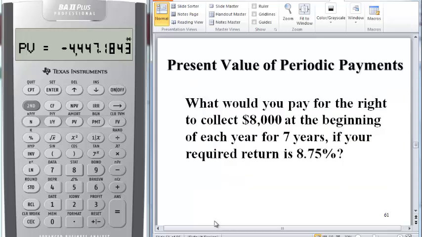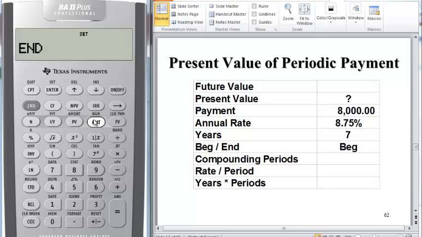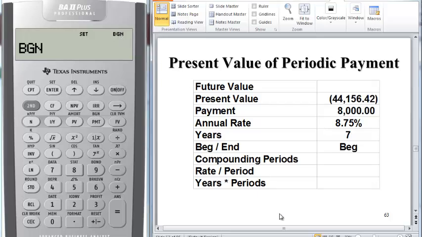And what do I see? $4,447.18. What would you pay for the right to collect $8,000 at the beginning of each year for 7 years if your required rate of return is 8.75%? Practice this yourself. Pause this for a second and practice it on your own and see what you get. When we put this into our rubric, 8,000 is our payment, 8.75 is our rate of return. Remember to set your calculator back to beginning, so that's second payment, second set. Calculator is now set to beginning. 7 is my N, and whenever I calculate for the present value, I get